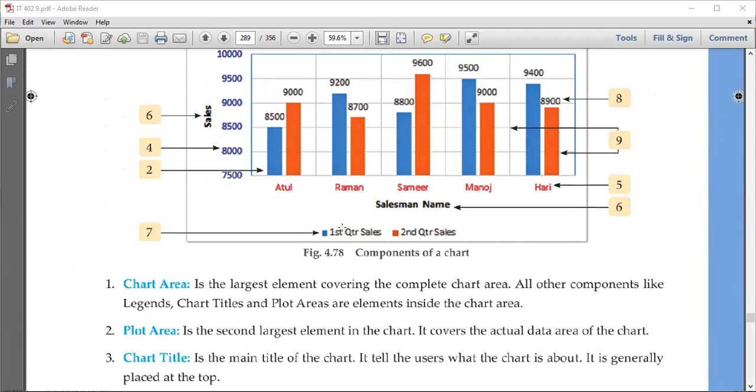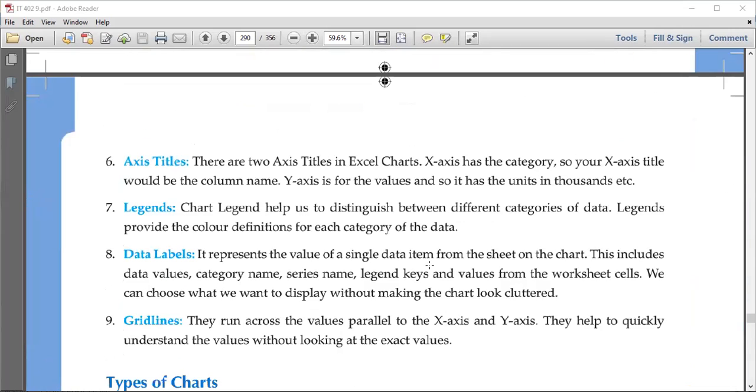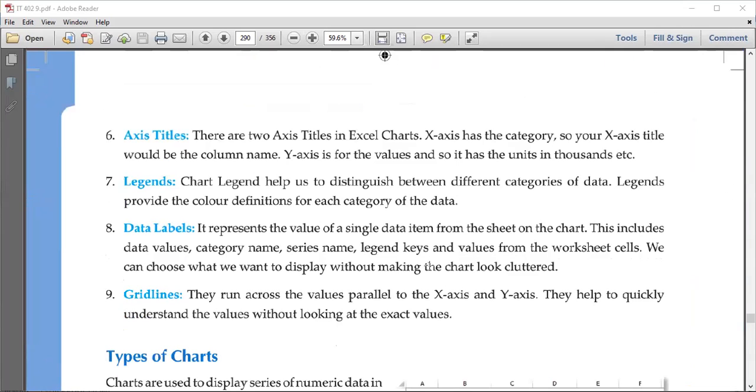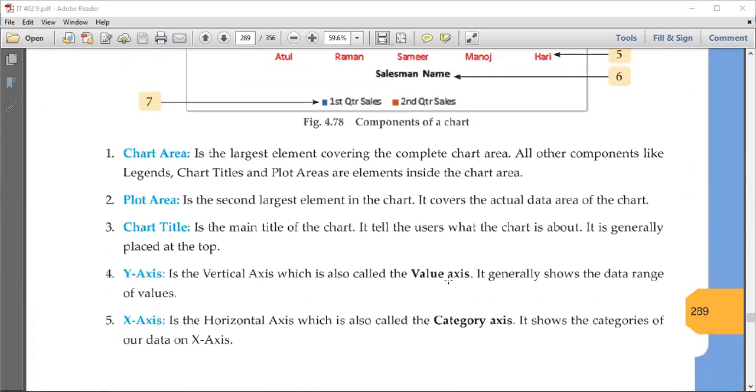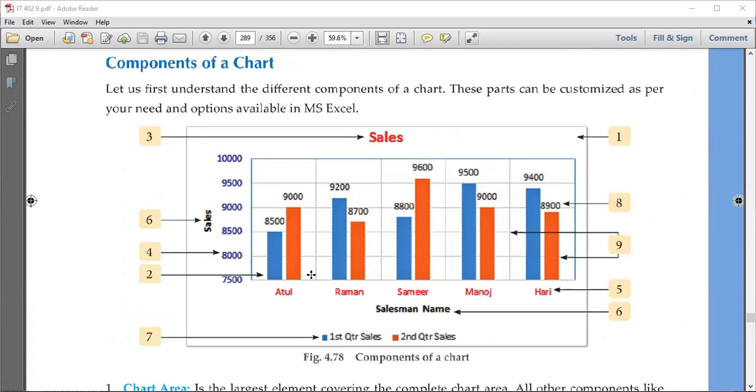Now the legend helps us to identify different kinds of series here, like ये blue वाला है first quarter sale और red वाला second quarter sale है, right? And one more thing, we have some sort of lines in the plot area, background lines. These lines at the background are called grid lines, and these grid lines help us to identify the value of one particular data series, के इस data series की कितनी value है, क्योंकि ये जो data labels हैं ये default settings में नहीं होता है.